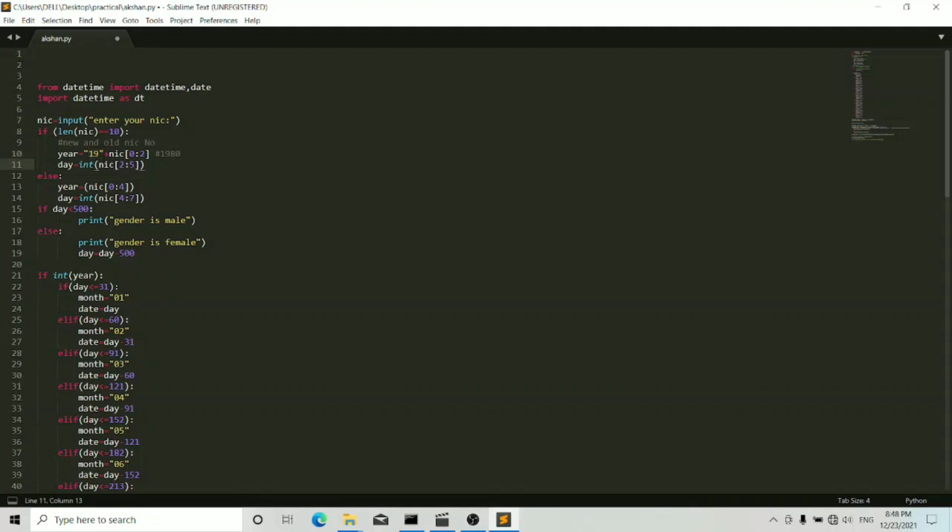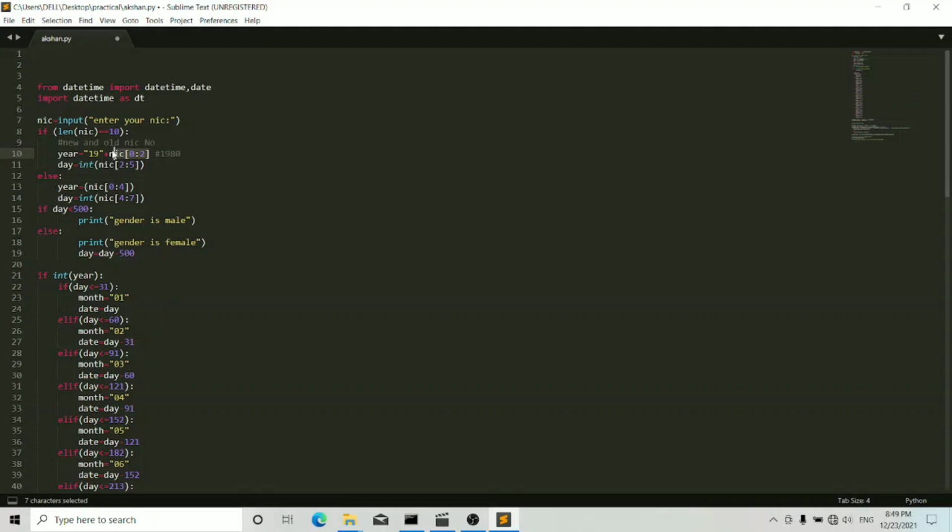Why do we add this number? 80 means 1980. So we should add this 19 plus the NIC number, using the assigned index.